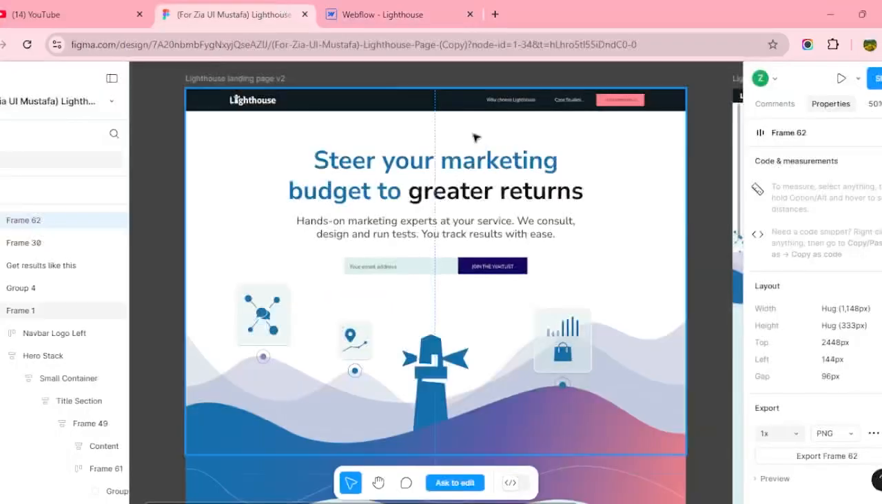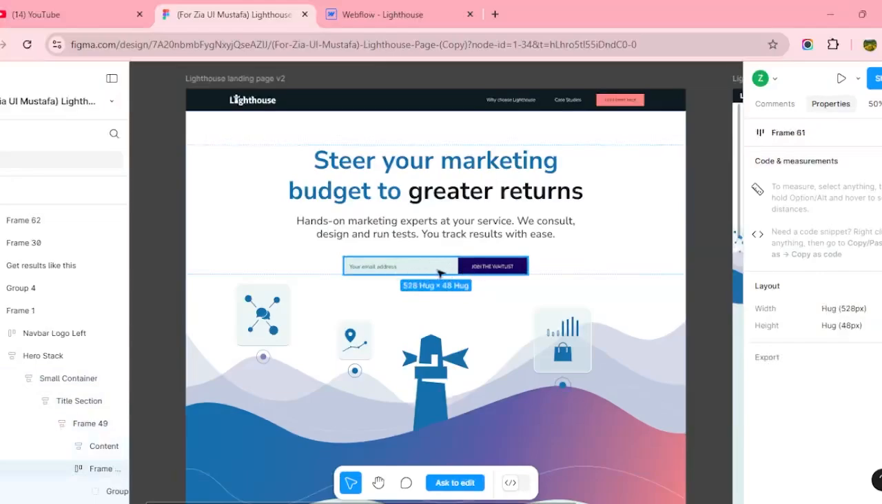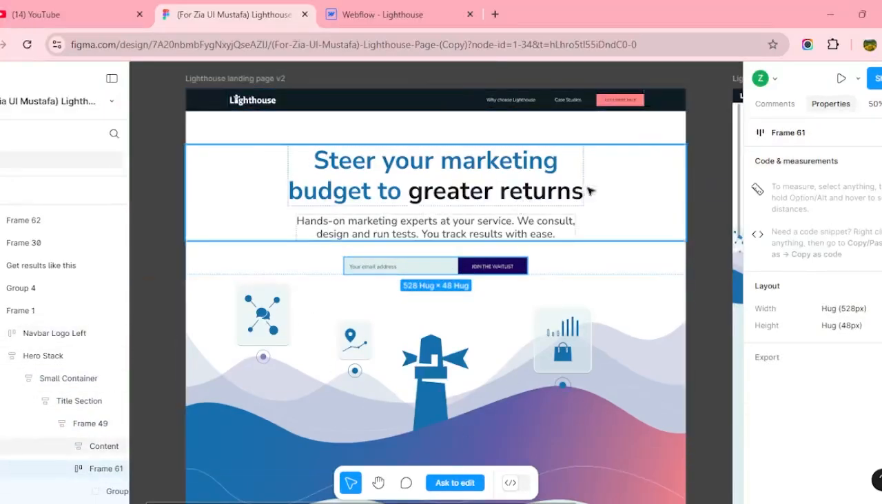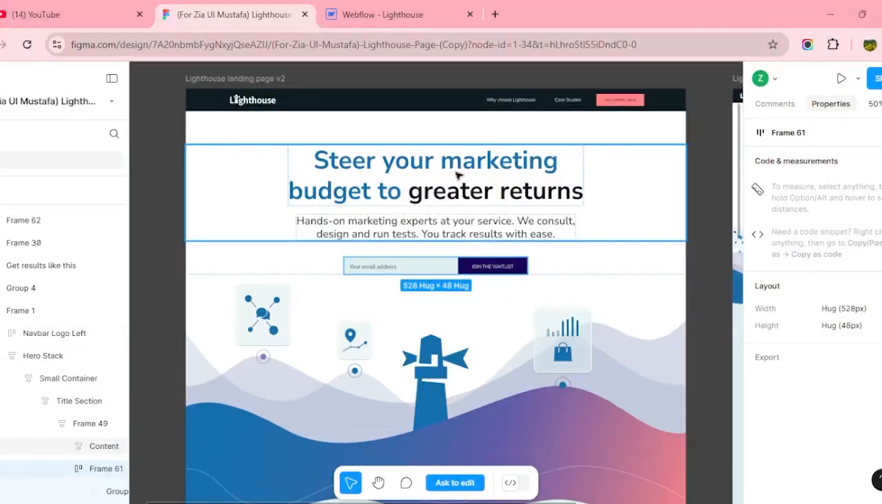Okay, right now I'm going to skip this navbar and this form part. I'm going to skip these two things from this design because this is for beginners, and these two things require some complex concepts. That's why I'm just going to design these three things: the heading, the paragraph, and this image, along with maintaining